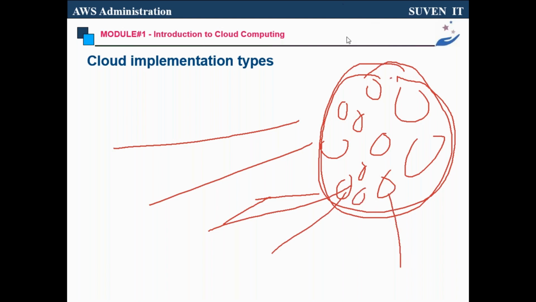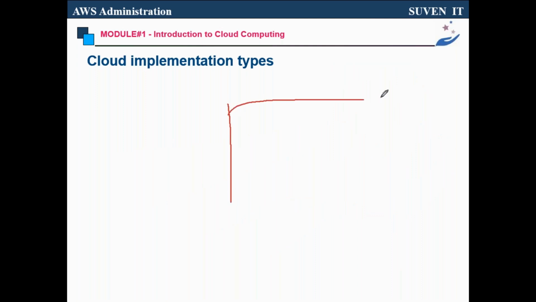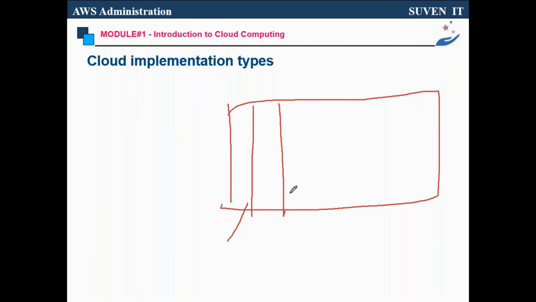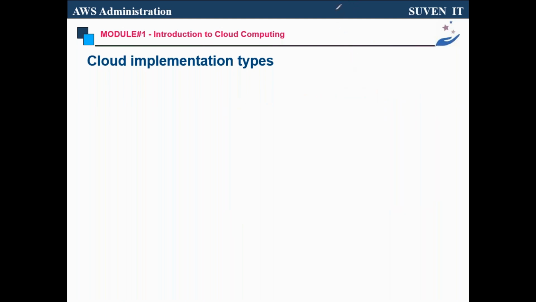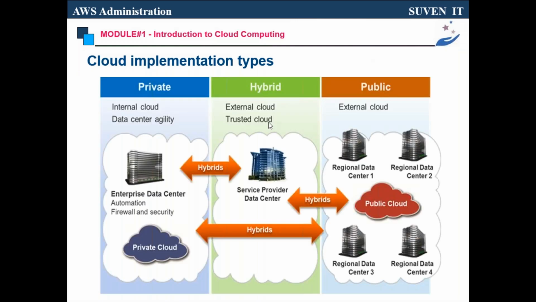So that means they created a big storage. This 100 GB is yours, 20 GB is mine, 30 GB is someone else's, all in the same storage location. That means this is the shared one. That's why this is the public cloud. Even though it is shared, they have the control, don't worry. That is the public cloud. As of now, we just need to understand the meaning of public cloud and the meaning of private cloud. If you're not clear, let me know. I will explain public and private cloud one more time.